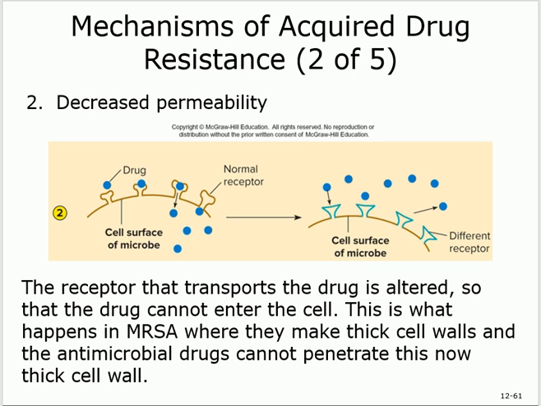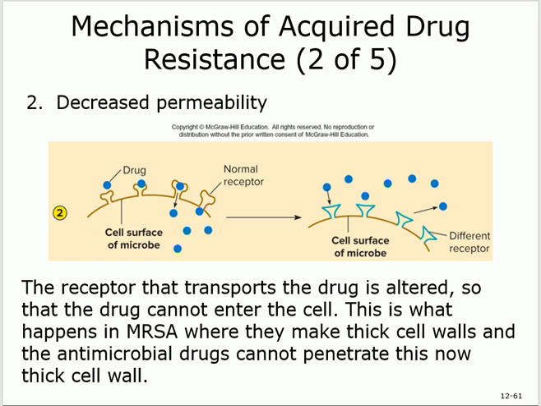The other thing is working on the permeability. Decreasing the permeability to the drug itself. And here's how it happened. Look at this picture right here. This is normally what's happening. The drug goes and attaches or interacts with receptors, and it will be allowed in. These types of bacteria drifted, they changed, and they changed these receptors. So when the medication comes, when the drug comes, it will not be able to interact anymore. Okay? And this is a change in the membrane itself.